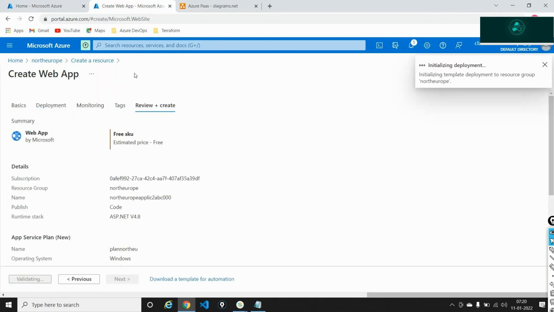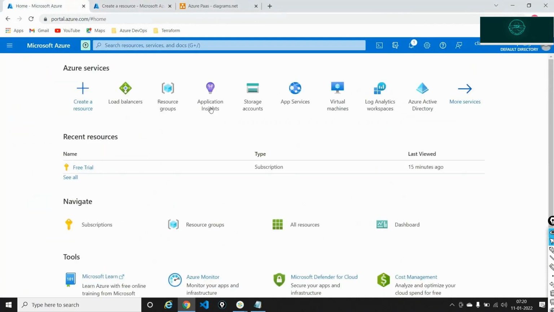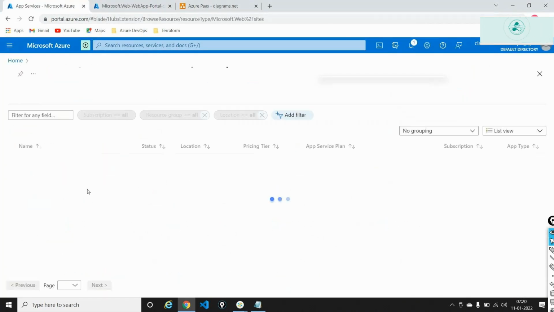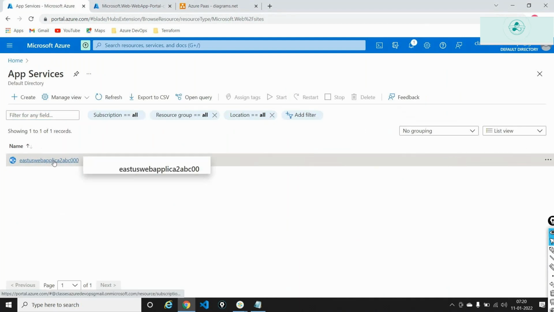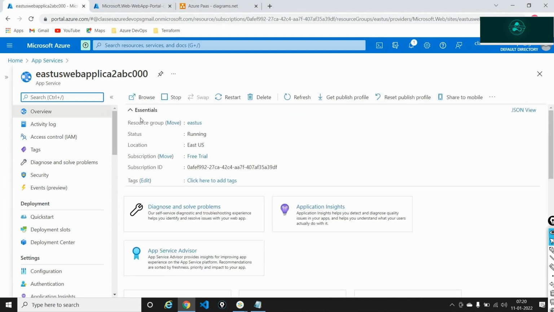Now, one thing is that both the Azure websites that I create, the East US and the North Europe, will by default come with an HTML page. Meaning, if I just browse this application, if I just hit browse application out here,